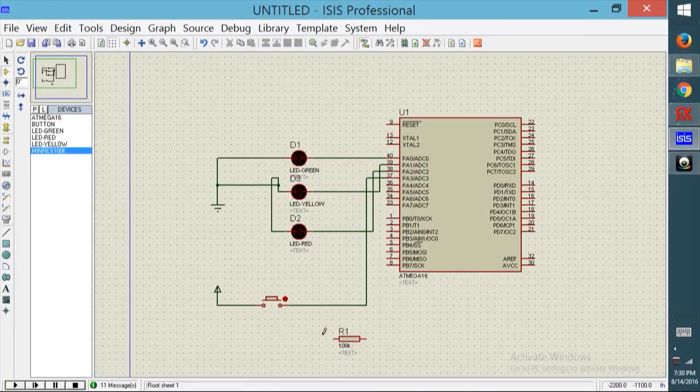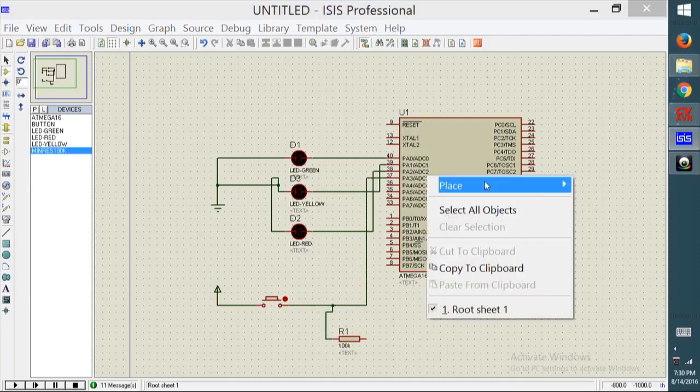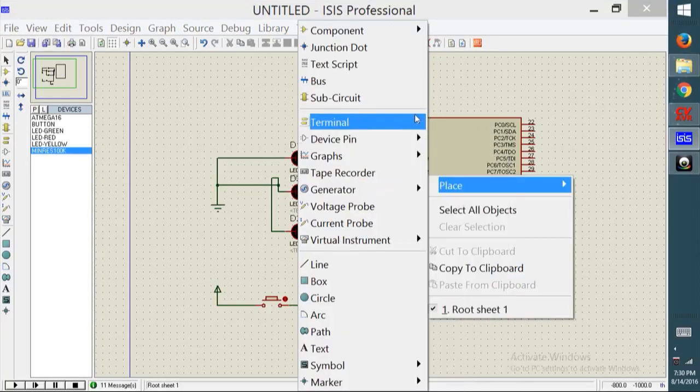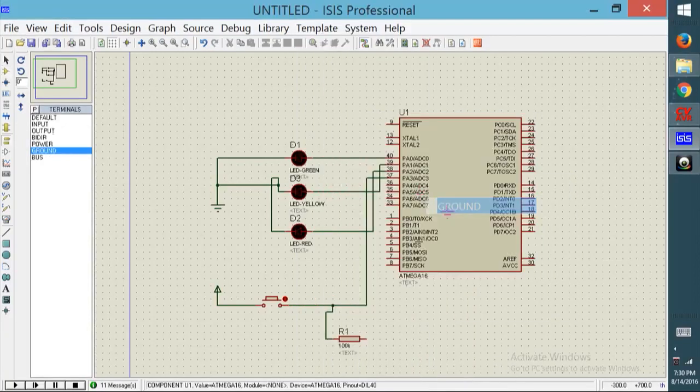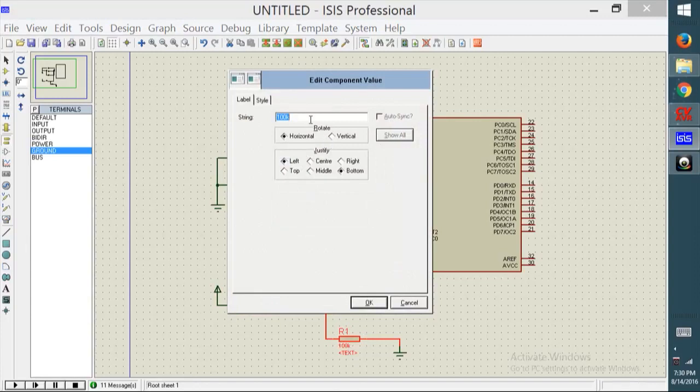We will take a resistor and connect it through this part, and connect it to the ground. Then that will be our circuit, and define the value of the resistance as 1k.